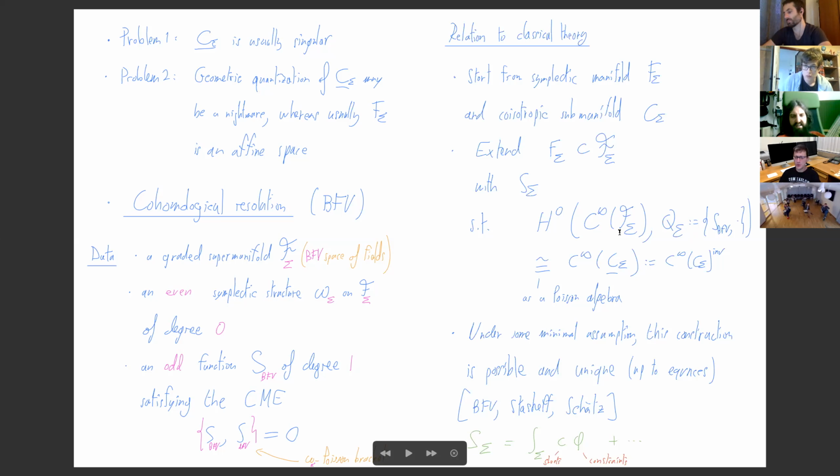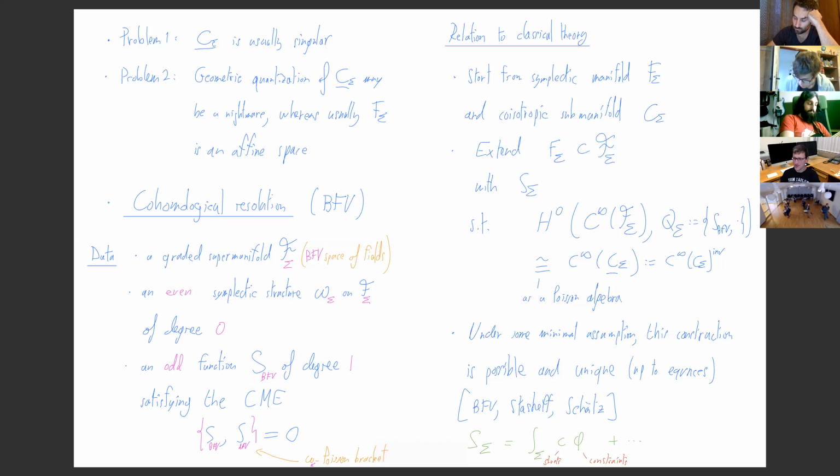So what you can do now is to compute its cohomology. And the result is that if the symplectic reduction is smooth, this cohomology in degree 0 is precisely the Poisson algebra of functions on the symplectic reduction. Okay. So in the good case, this is just a new way to rephrase what you want to have. But now the advantage is that this is well justified in terms of homology, and this is something you